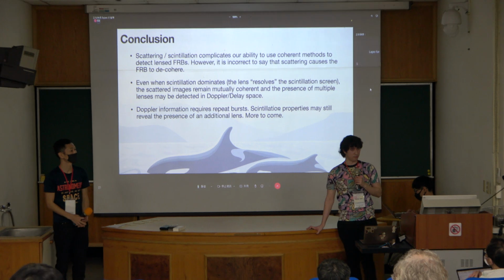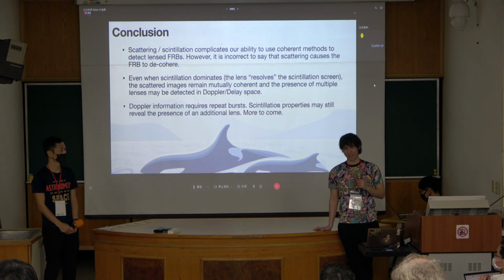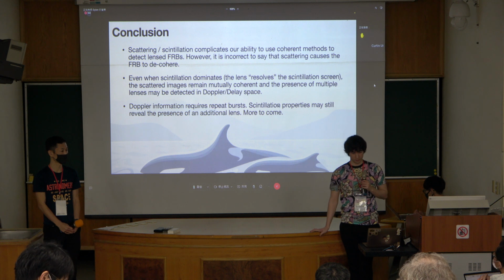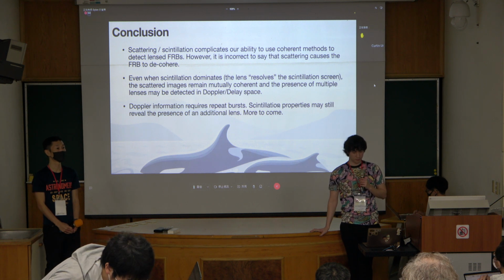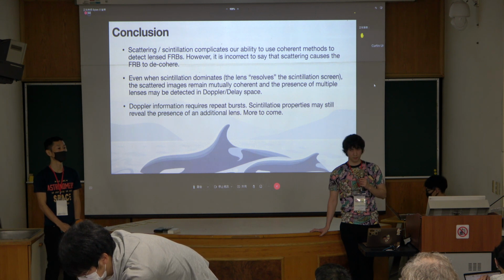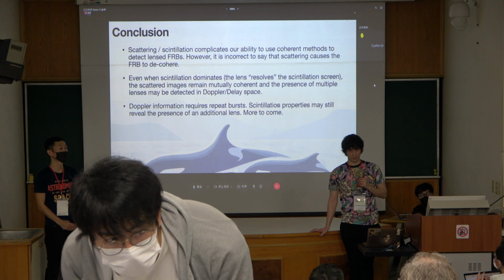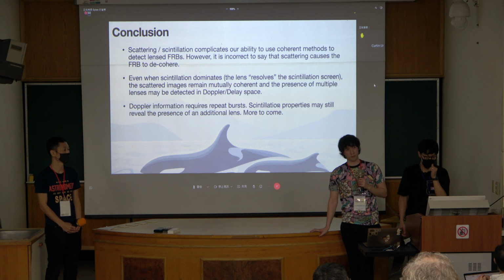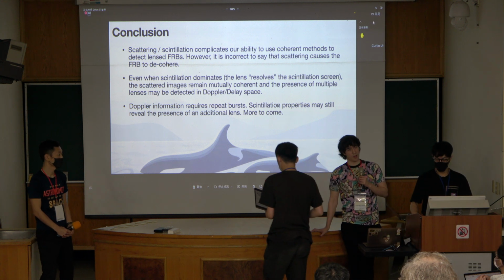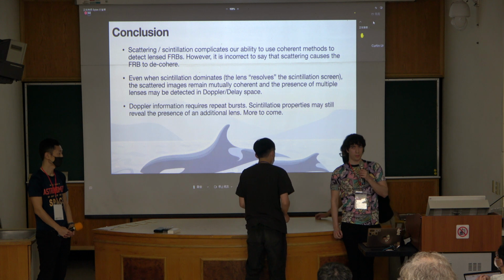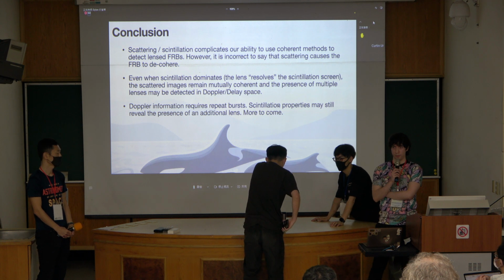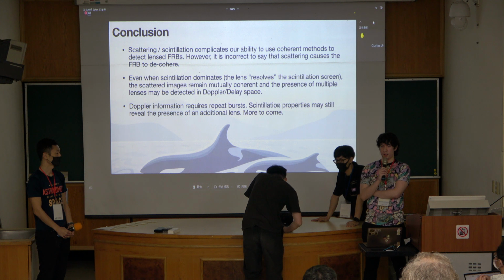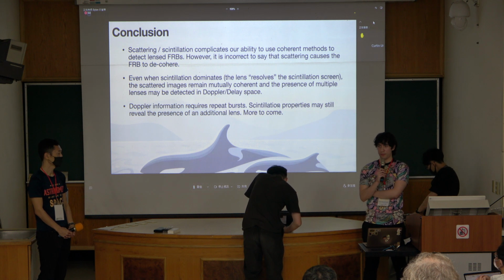Yeah, hi Dylan, it's Austin Simons. I'm a big fan of your work. So I wondered, you mentioned how basically the angular broadening is a way to think of how the decoherence is presenting. So if the scattering is dominated by screens quite close to the host, within the host galaxy, do you think that's going to have a big effect on lensing in intervening galaxies along the line of sight, or not? Because I guess if the scattering is quite close to the source and the angular broadening is quite limited, then you might still be able to detect these. Is there a sense of scale with these? Do you know how angularly broadened it would have to be before lensing by millisecond delays along the line of